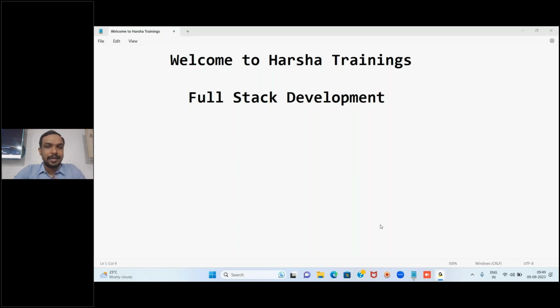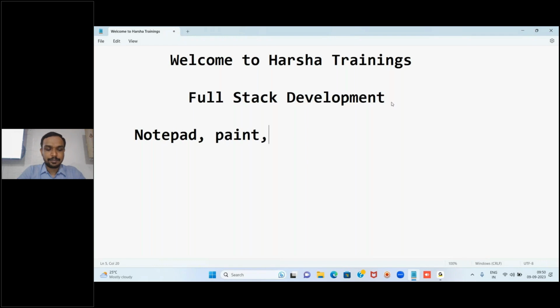Before I start, what exactly is full stack development? First, let me talk about the basic applications which we generally observe in any computer, which we use on our daily basis. We have so many things, right? The one which I am writing here, that is also one software application. We call them software applications.